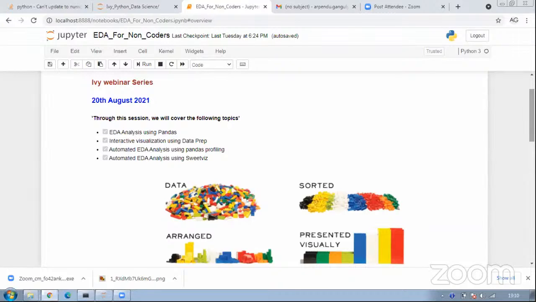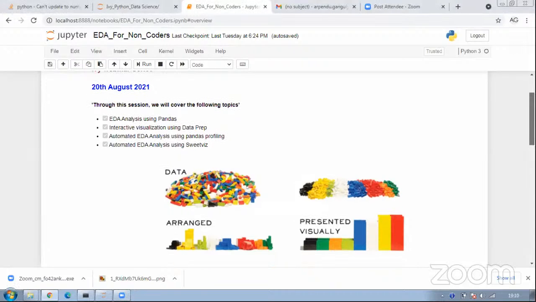I'm not sure how much Python you know from your perspective, but I assume you have a basic understanding of what Python is. Anyone here who does not have a clear understanding of a Python environment? I hope everyone here is aware of Python. This is a Jupyter notebook which I have used for this scenario. Everyone has used Jupyter notebook?